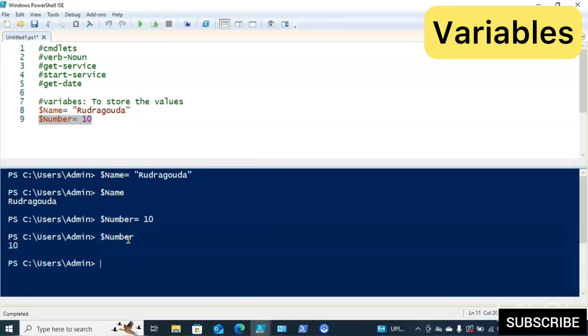So now $number stored the value 10. Okay, you are understanding, right? Inside the variables we can store the values, and in PowerShell all the variables must start with the dollar symbol. You can store whatever you want. Okay, so I'll explain how the data types come into the picture, but for the time being